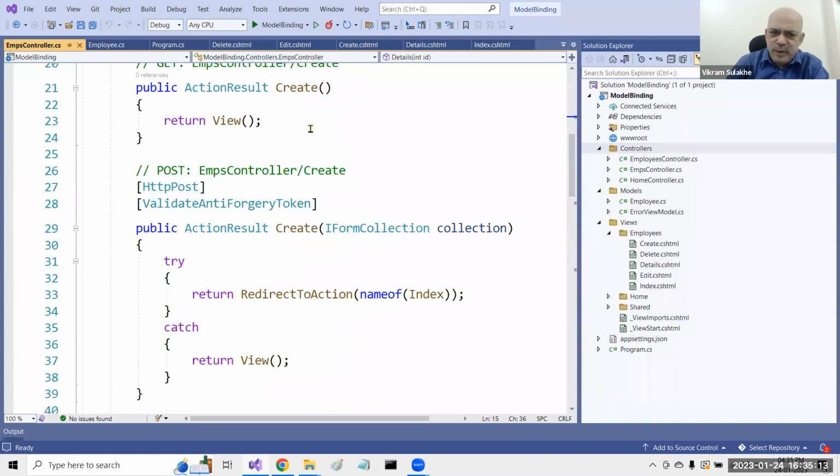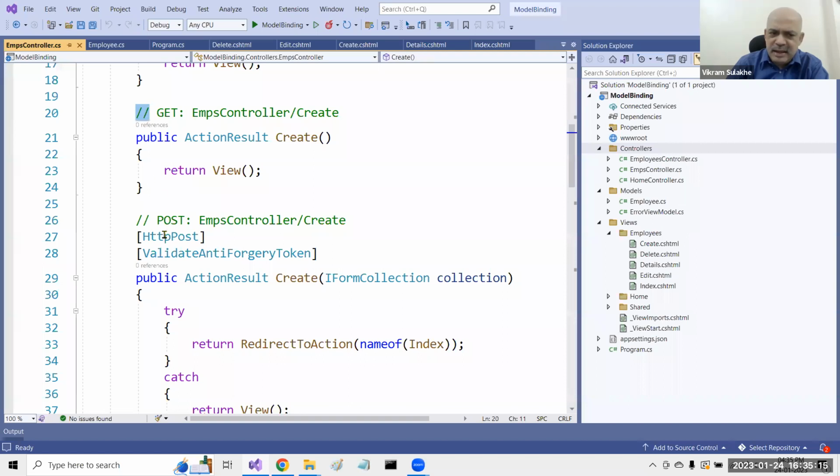Then we had create, which actually had 2 methods. There was a get and there was a post. If you don't give any attribute, by default, it takes it as a get. And we discussed at length how, when you first go to that page, there's a get happening on that page. The page is initially shown blank. The user fills in the values and then does a post. And that post is